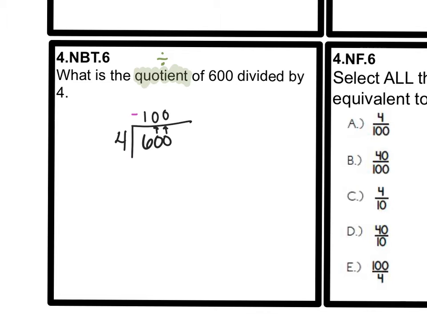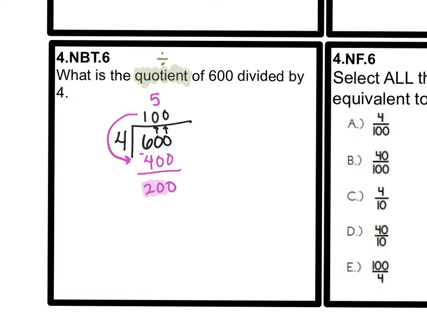And I'm going to go ahead and multiply it down. So 4 times 100 is 400. Subtract, and I have 200 left over. Now I'm thinking to myself that the 4 is not going to fit into 2, but the 4 will fit into 20. So 4 is going to fit into 20